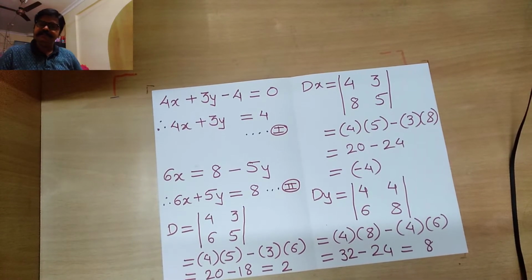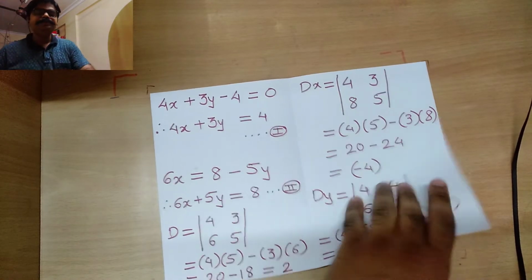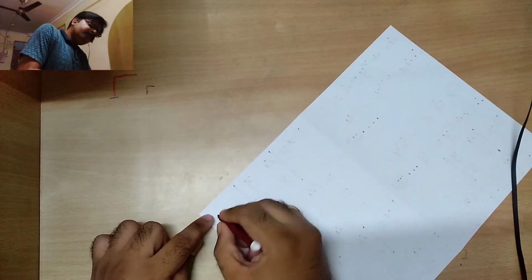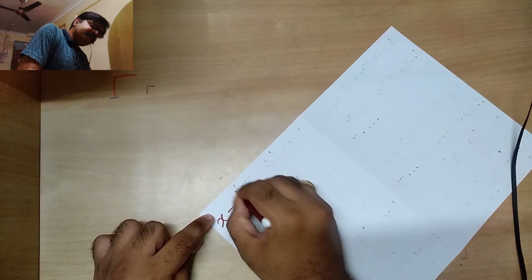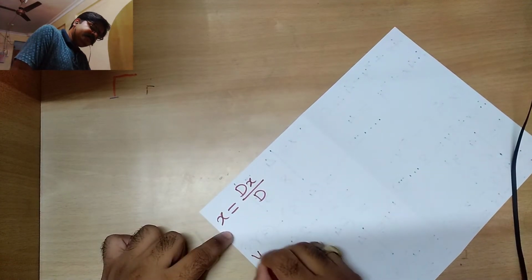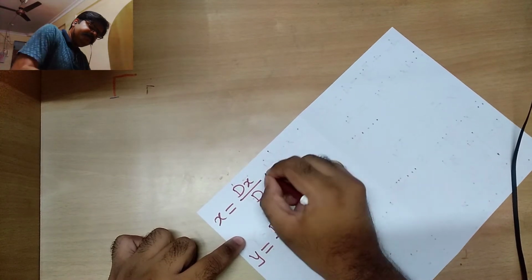Once we have this answer, once we have this 8, we are going to use these two equations to get the final answer, that means to get the values of x and y. So which formula we are going to use to get the value for x? This is the formula we have agreed upon to calculate, and this is the formula that is going to give us the value for the y variable.